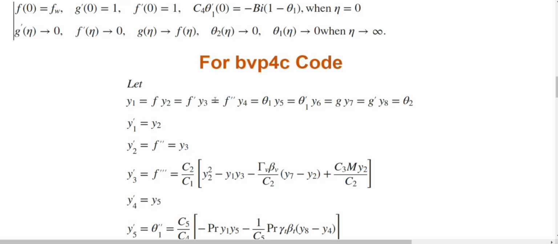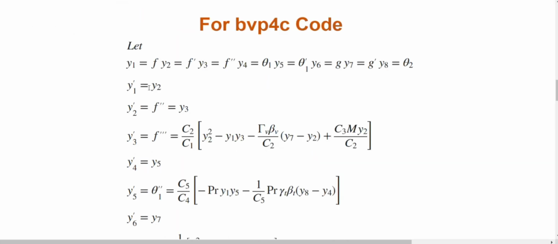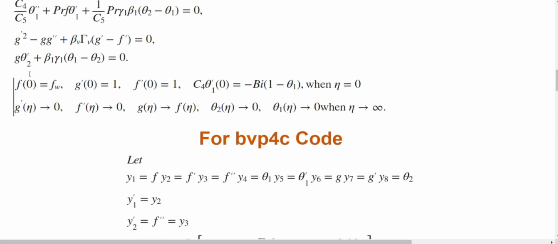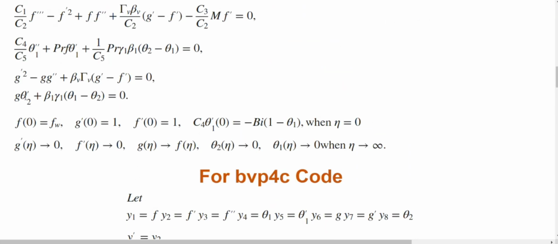As you know from bvp4c code, we first convert the ODEs into a system of first order ODEs. And you can see the variables you define first: y1, y2, y3, y4, y5, y6, y7, and y8. There are 8 variables, since the last one is theta 2, which has order 1. So it means that we need 8